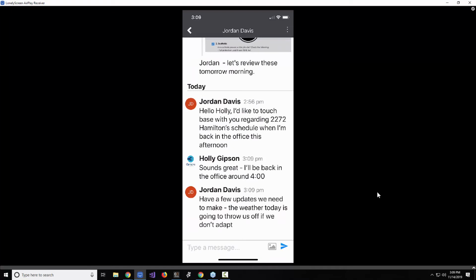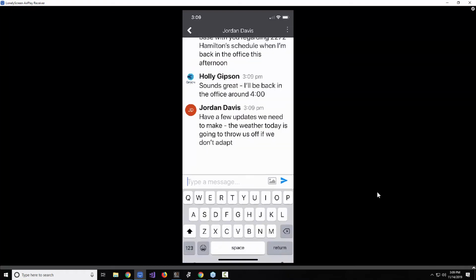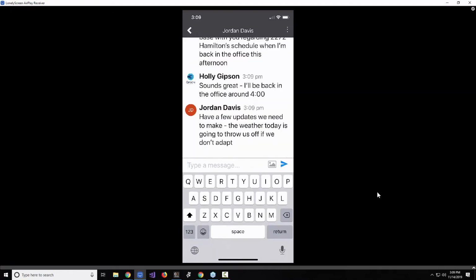And the message is already back inside of Holly's phone. Now, something else to note, Envoy Chat isn't only limited to text. You can also send photos, documents, and attachments. Really anything that you would be able to send inside of a text message app can now be pulled directly